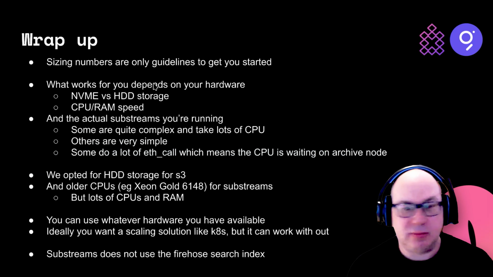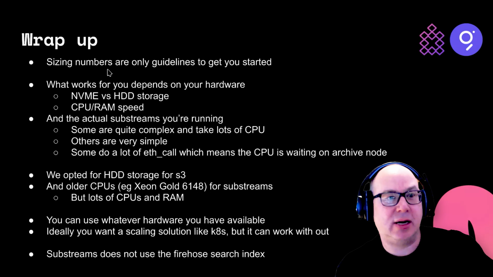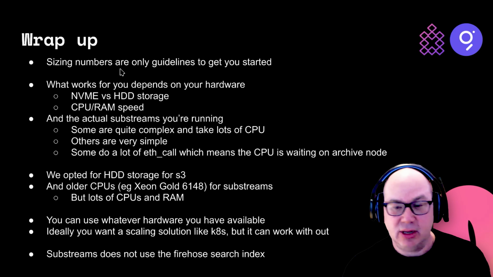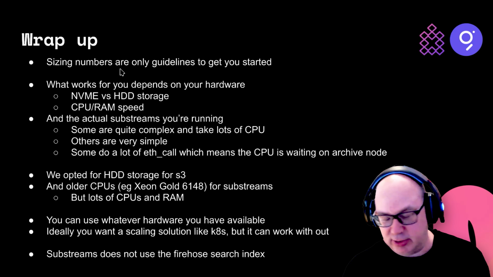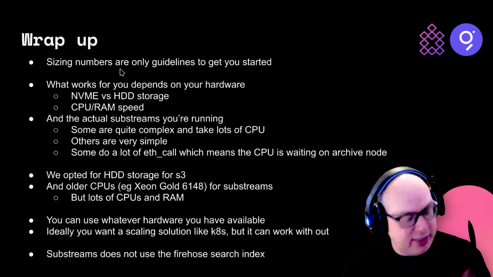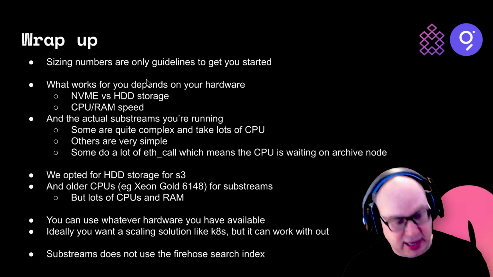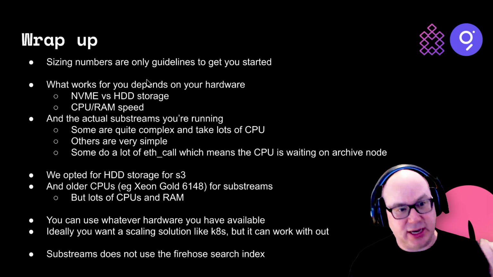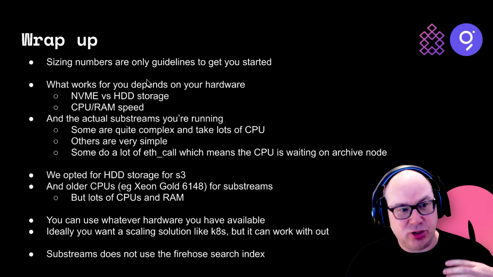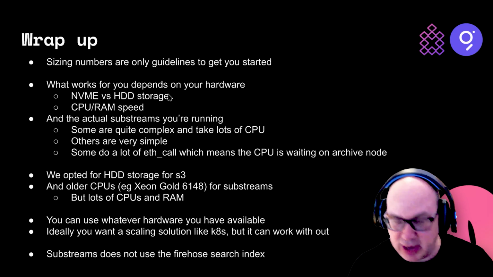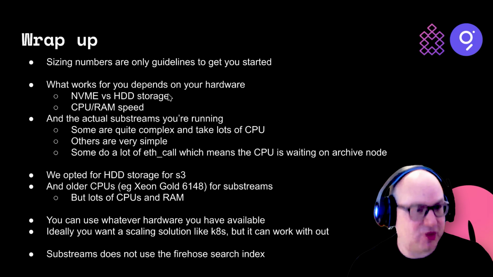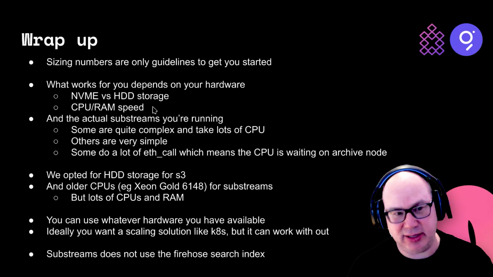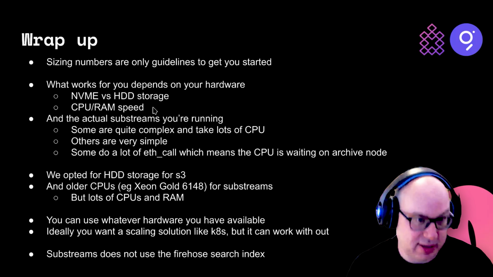All right. Last slide I have here. So the sizing numbers I have are just to get you started. It's going to be based on your experience, your hardware, your subgraphs you're running, whatever. So this is not a just-set-something-and-forget-it situation. You're going to have to look at those metrics to understand if you're over-provisioning hardware too much and what the situation is. If you want advice in certain situations, feel free to ask in Discord. I can definitely try to help you, but it's more of an art than a science in terms of configuring the load here.